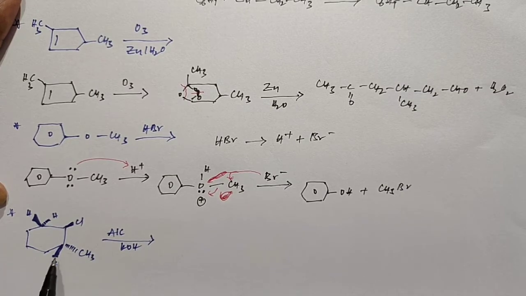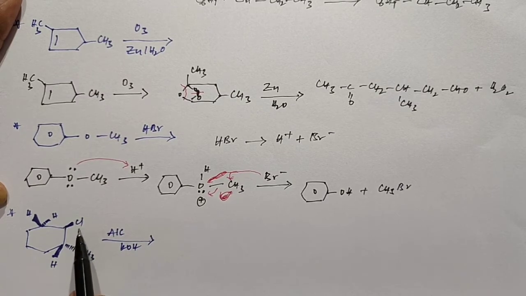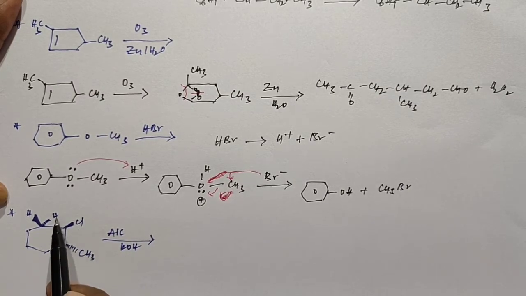As per stereochemistry, what we show with dotted lines is present below the plane, and thick lines are present above the plane. So when it reacts with alcoholic KOH, alcoholic potassium hydroxide generally acts as an alkyl halide eliminator. In that case we need to remove one halogen atom. Here we have one halogen atom, chlorine, and we need to remove a hydrogen atom. Here one hydrogen atom and here one hydrogen atom is there.